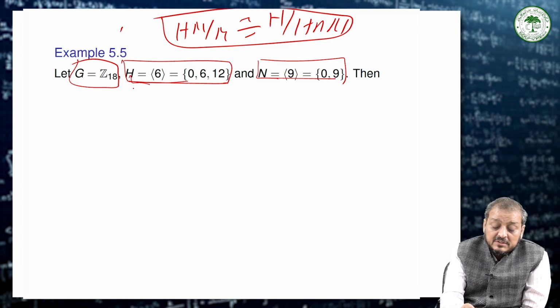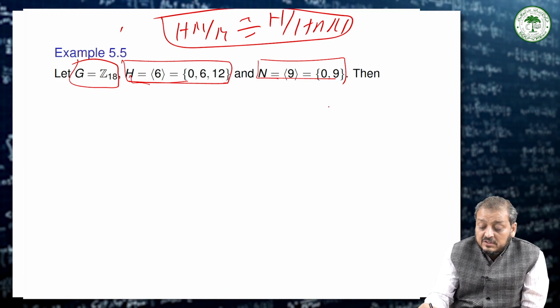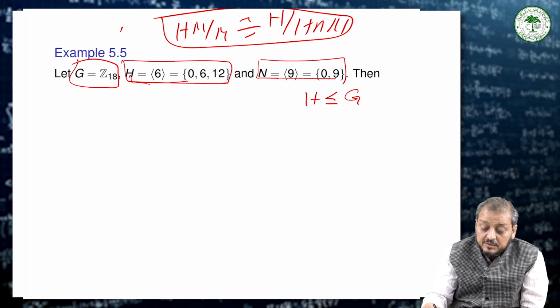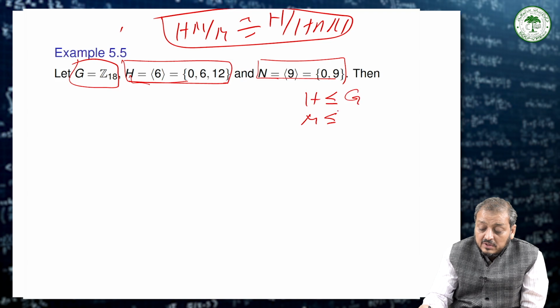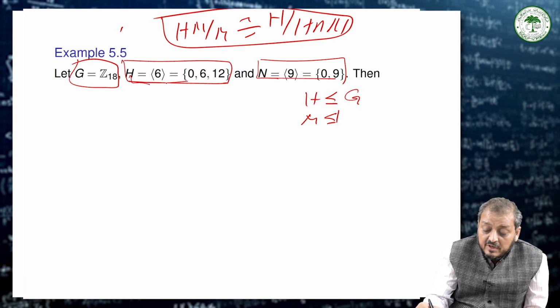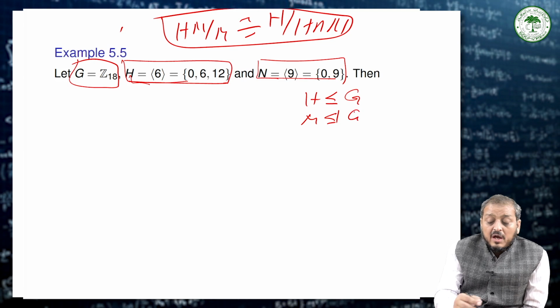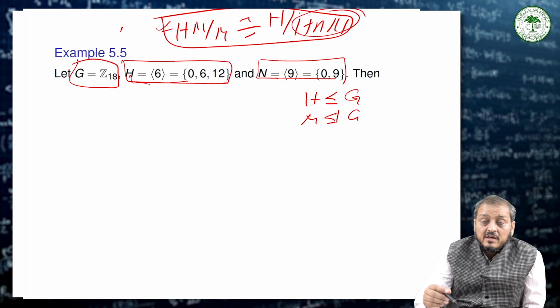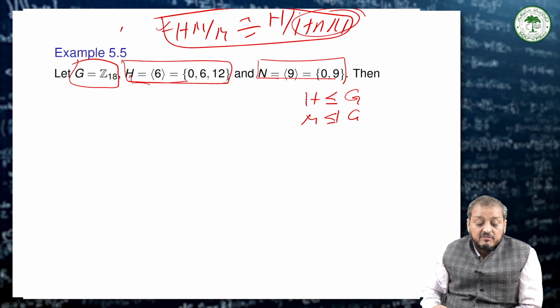So clearly we can say that H is a subgroup of this G, and N is a normal subgroup of G. And now, by applying this theorem, we have to calculate HN and H intersection N, and these cosets. So then we can just say that